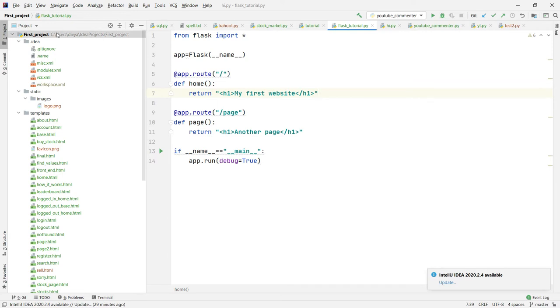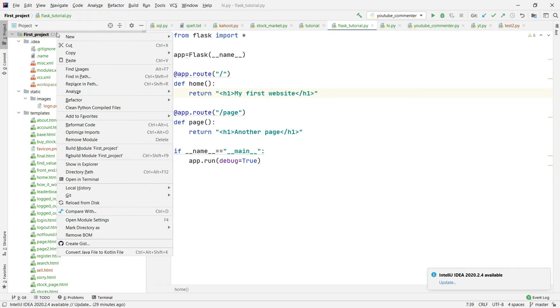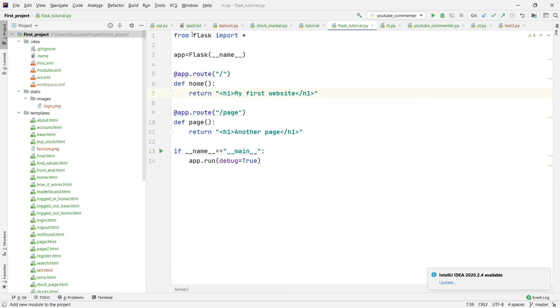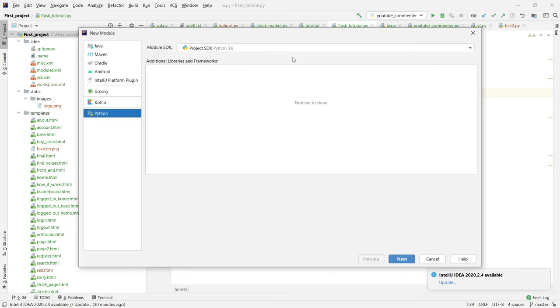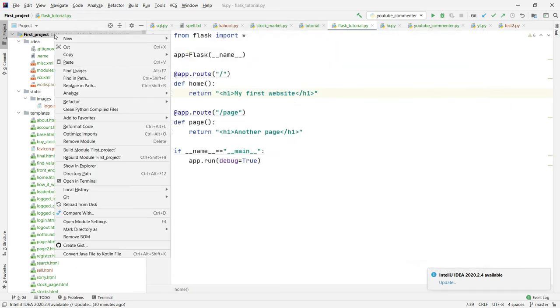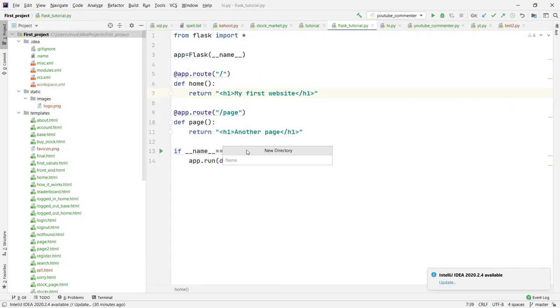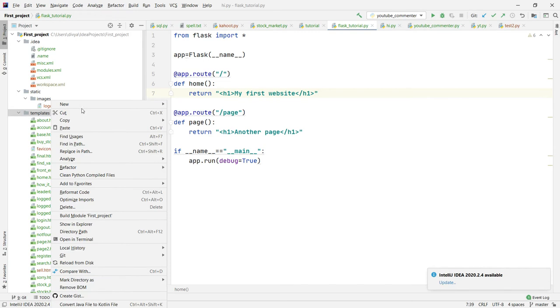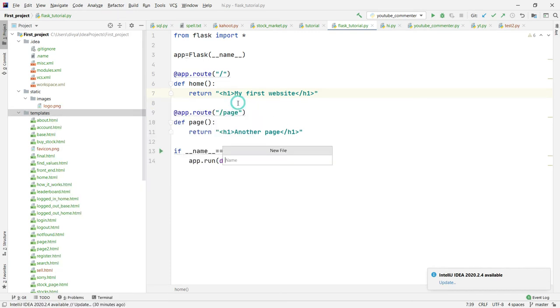To do this in IntelliJ, you just right click that, you click new, and then you click directory, new directory, and then you just name it templates with everything lowercase, but we don't want to create anything here, so I'm just going to escape. And then after you have this created, you want to add new and then file inside of that templates directory. I'm going to name this file tutorial